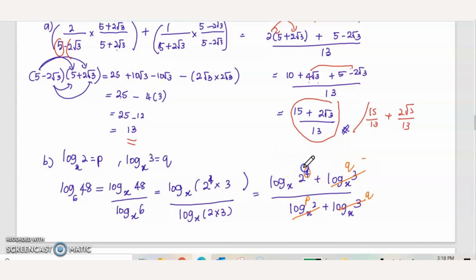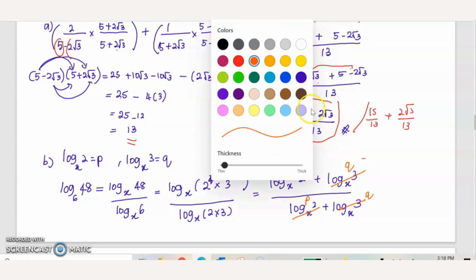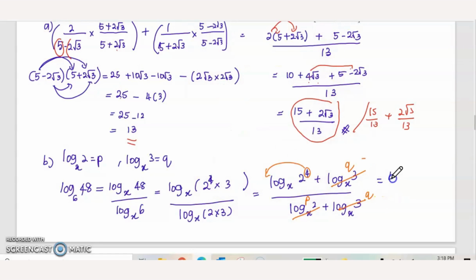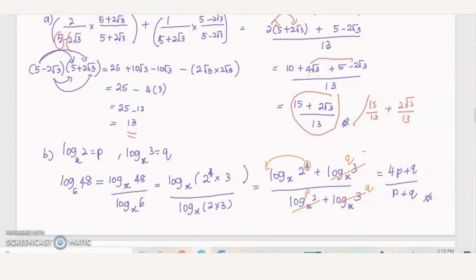This one sama dengan Q and then this part sama dengan P. And this one boleh bawa 4 ke depan. Okay, so the last answer akan jadi 4P plus Q over with P plus Q. So that's the answer. Jangan awak pula pergi simplify kat sini, tak boleh ya. So that is the answer for question